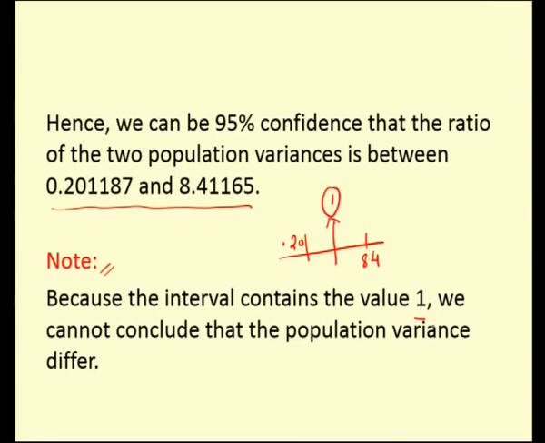So, the interval contains the value 1. Hence, based upon that, we cannot conclude that the population variances differ. Okay. So, this is a striking note regarding this particular problem. So, coming back to the summary,